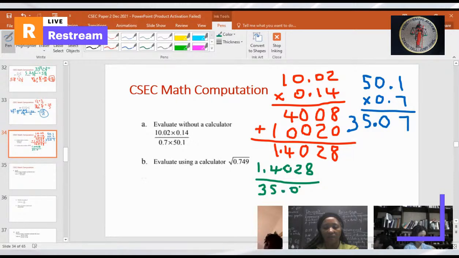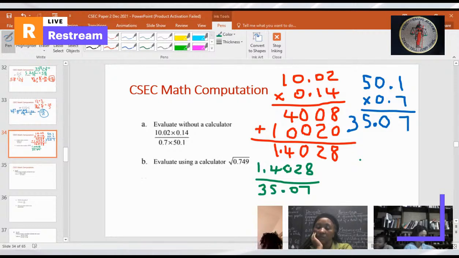Okay, what do I do next? So you divide them. It's 1.4028 into 35.07. When you're dividing decimals, first 1.4028 is into 35,